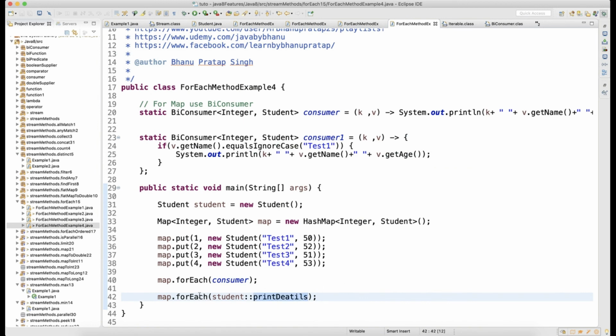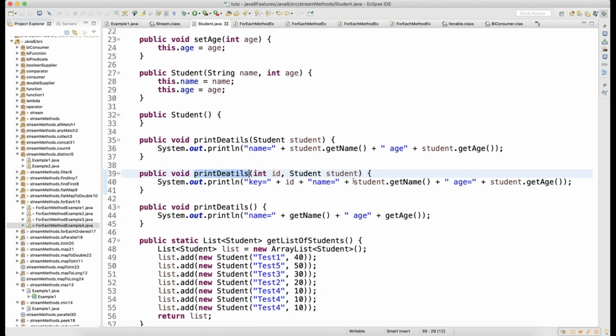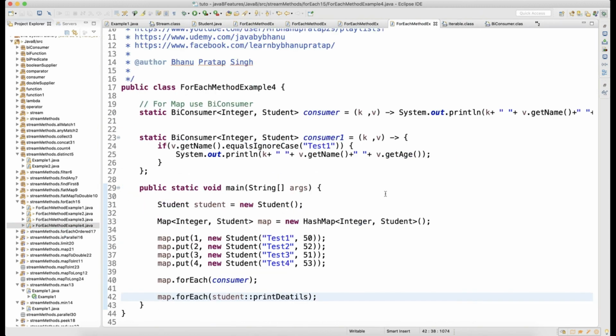But since you are running a forEach loop, and forEach will take only a consumer, this consumer is smart enough to understand what record you have in this forEach loop. You have an integer and a student object. So it will look for the printDetails method which has an integer and a student object, which is this one, and then this printDetails will get called for every record. Got it? Right? So if I run